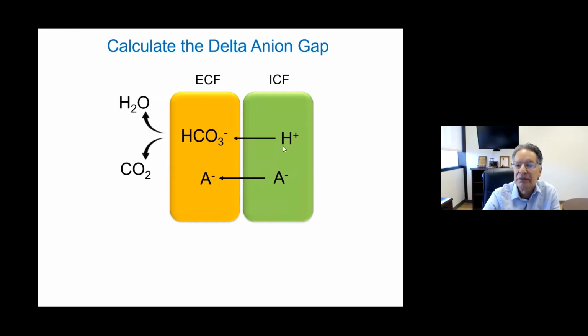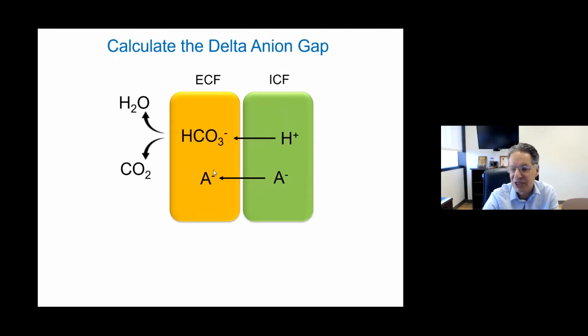The proton also will leave to some extent into the extracellular fluid, but when it does so, it binds bicarbonate to make water and carbon dioxide. We get rid of the water and carbon dioxide, so we're okay as far as that's concerned. The same reaction with bicarbonate occurs in the cell. I just didn't want to show that for simplicity. But the thinking here is that for every change in the anion concentration here, the bicarbonate should fall to the same extent. Now, there are assumptions here that the volume of distribution of both is the same,